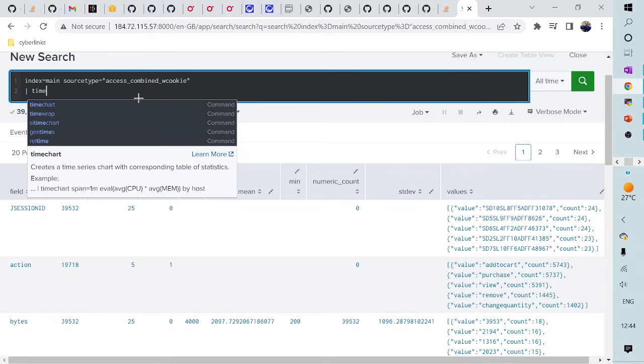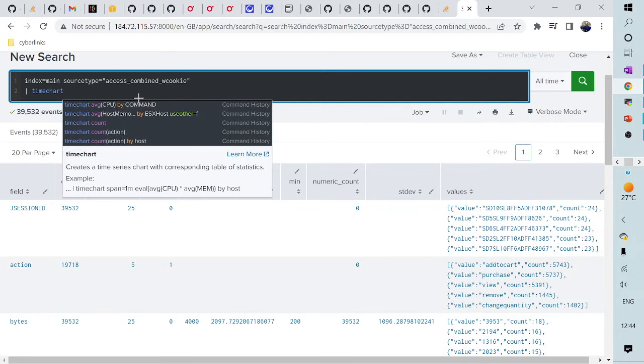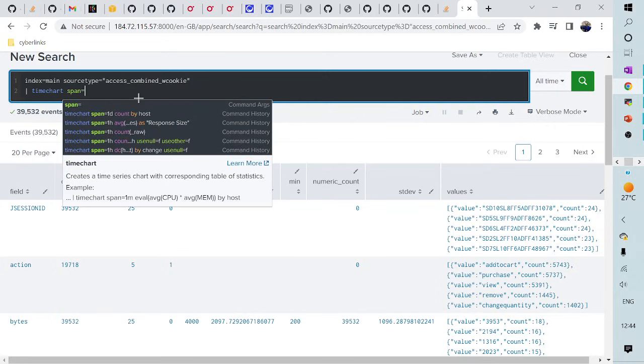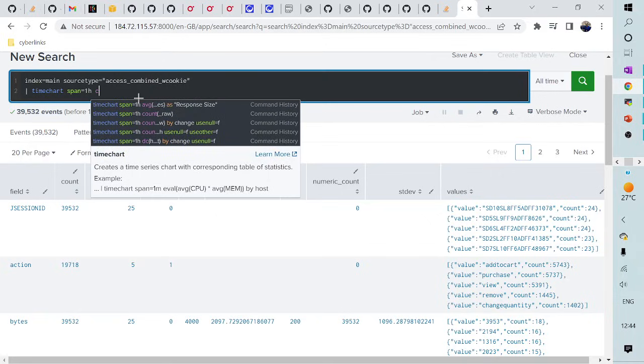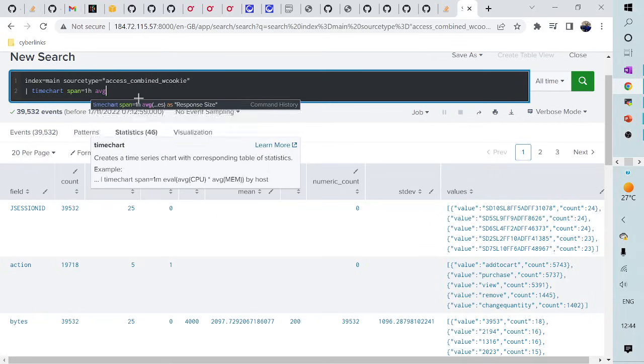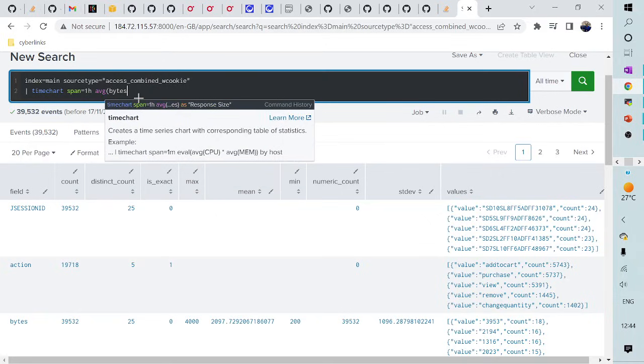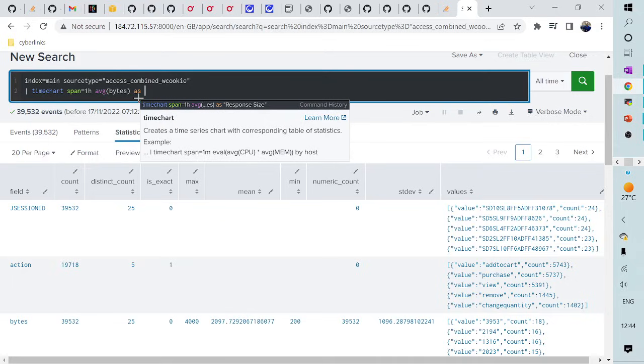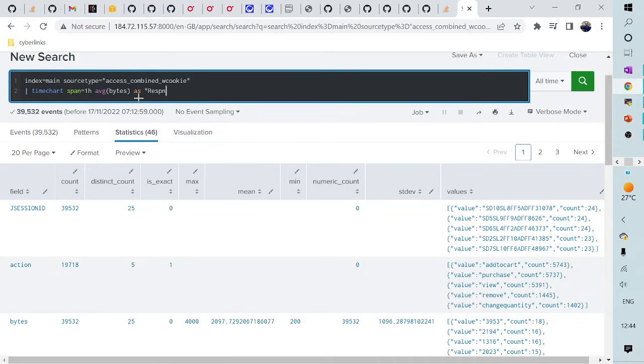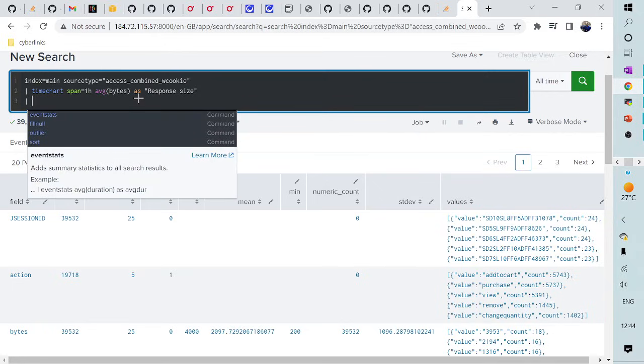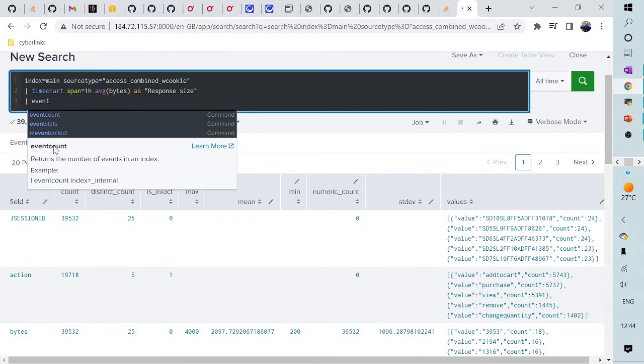I would say timechart, and now I will say span is equal to, let's say, 1 hour. I will say average, I am interested in, let's say, average bytes, and I will be making response. I will be saying response size. Okay. And now what I'm going to do next is I will also be making use of eventstats